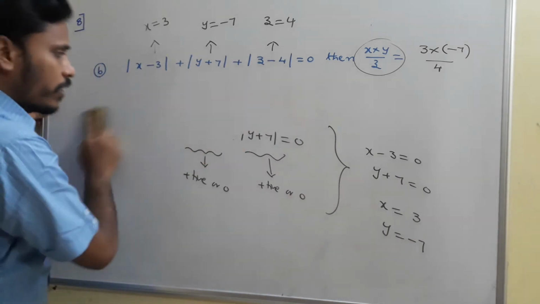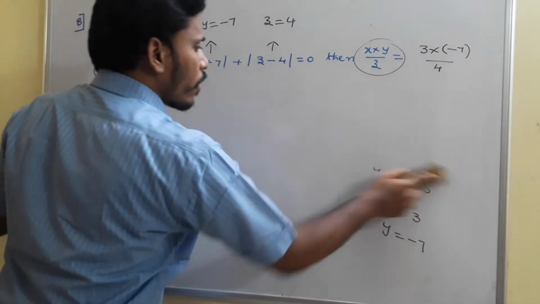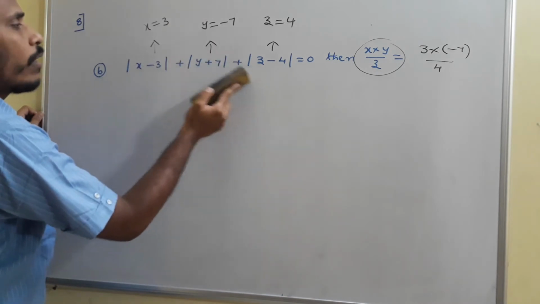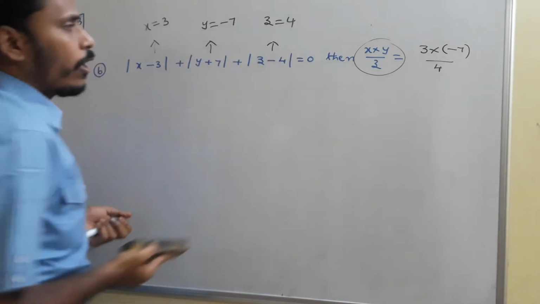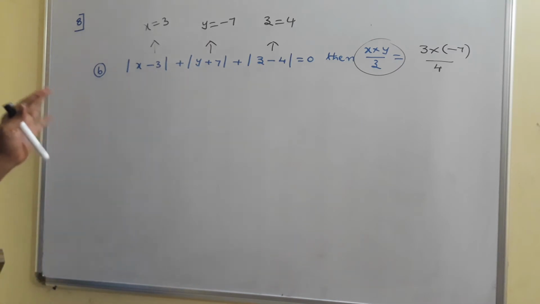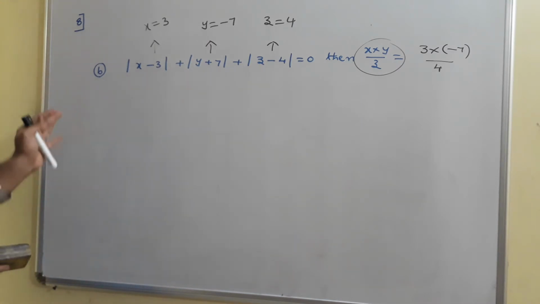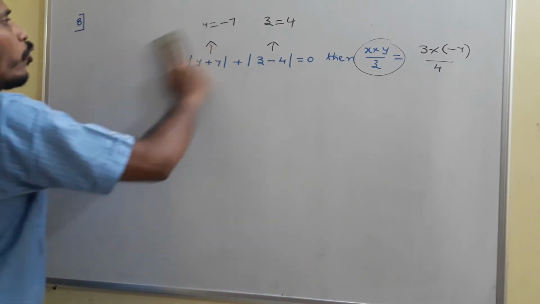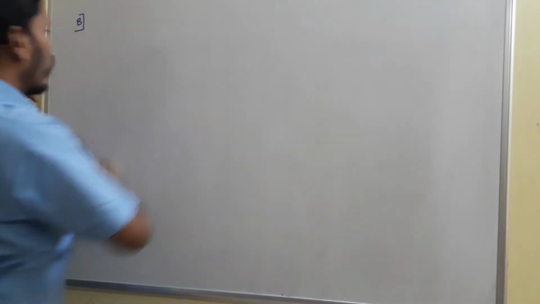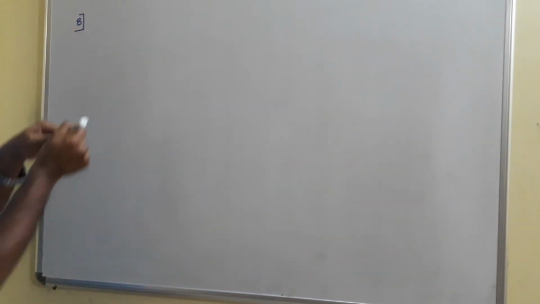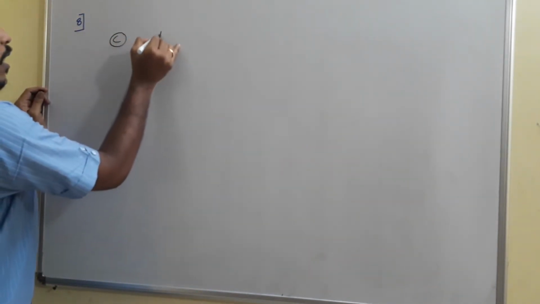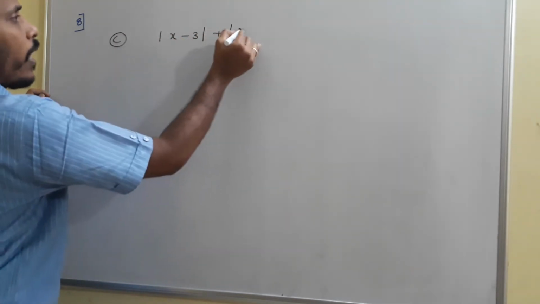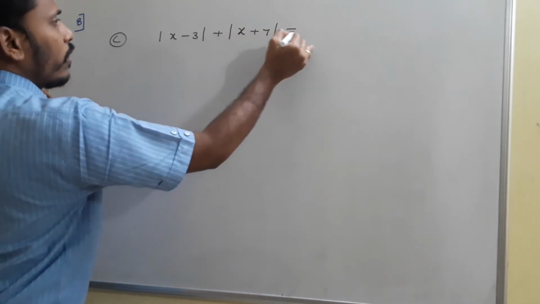For the first bit and the second bit, since the right side is equals to 0, I directly make everything equal to 0 and directly have the values of x, y and z. Just have a look, and then I am going to solve the third one where the right side number is not 0, which is some other constant, 10. Just have a look at the problem and see how to solve this type of problem. We already discussed it in the last class: modulus of x minus 3 plus modulus of x plus 7 is equals to 10.